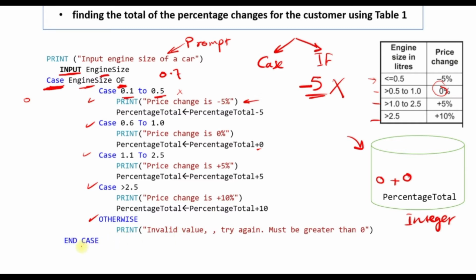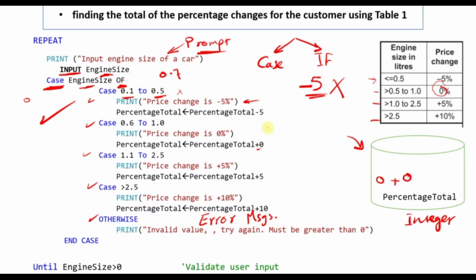As you can see here, we followed the requirements since we are showing error messages. We are following the requirements by prompting the user. We are following the requirements by the variable name. We are following the requirements also by applying the correct structure of the condition CASE. And now we will create something else to validate the user input, because what will happen if he inputs